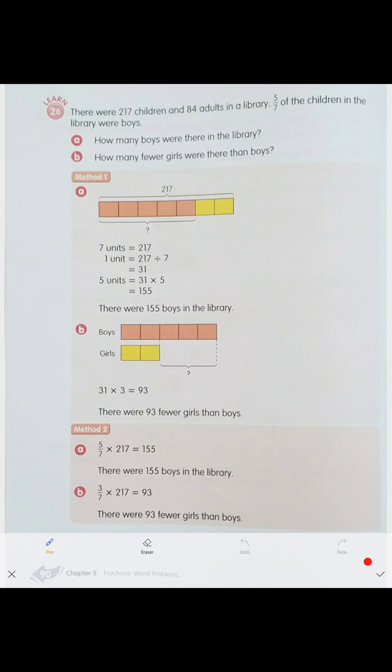All right. Again, learning problem. There were 217 children and 84 adults in the library. 5/7 of the children in the library were boys. Questions: How many boys were there in the library? How many fewer girls were there than the boys? If you think about the questions,